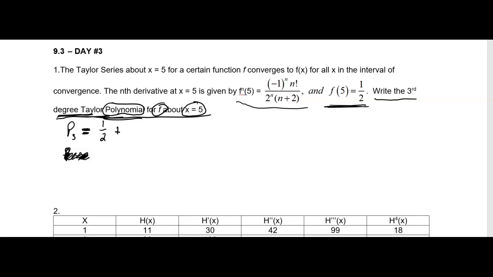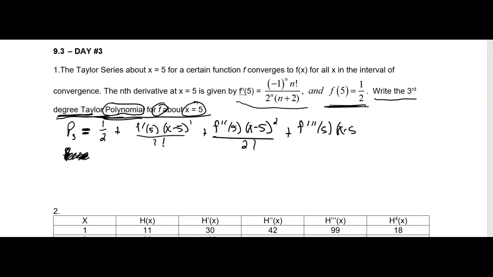Plus, actually, let me just write all this out now so we understand where this is all going to come from. We then want our derivative at 5, and then we would have x minus 5 to the first power over 1 factorial. Then I would want the second derivative at 5, x minus 5 to the second power over our second factorial. And then our third derivative at 5, x minus 5 to our third power over our third factorial. Third degree, again, means we stop when we have a power of 3. So from this,